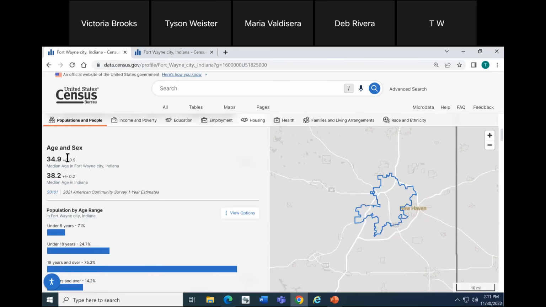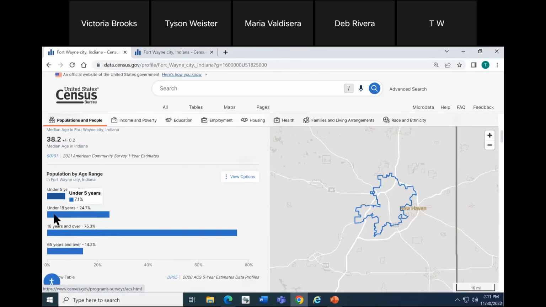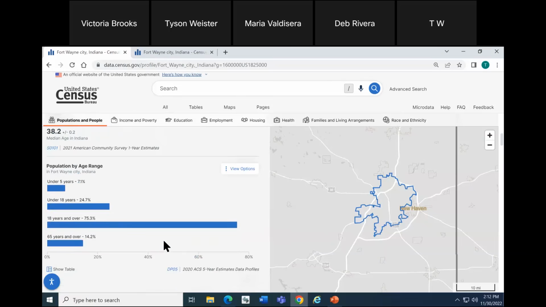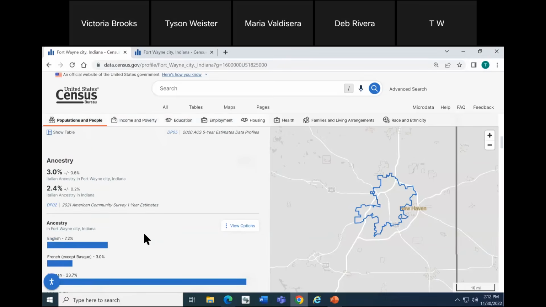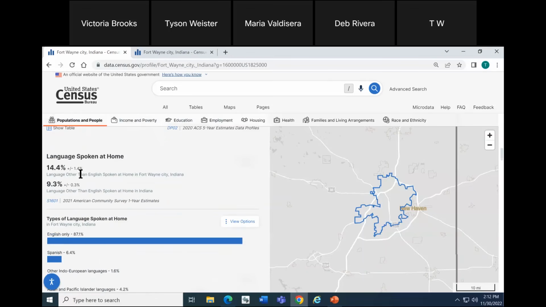So our first example in populations and people, age and sex, we can see median age in the city is less than median age in the state, and then more detailed information in the bar chart below. So you'll have visual information in a bar chart, line chart, or potentially on the map to the right-hand side. What I'm showing right now, there's over 40 sections of this throughout the profile across all the topics that the Census Bureau has. As an example, we can see data on ancestry, language spoken at home,